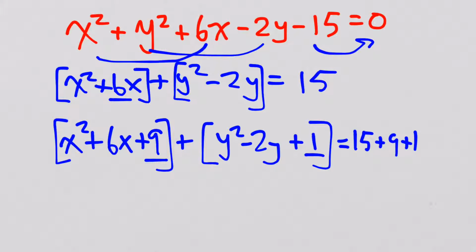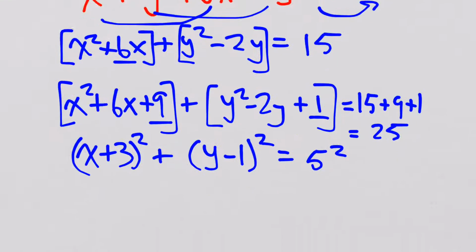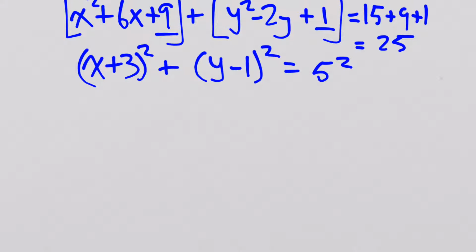And now I get my completed squares. On the left, x squared plus 6x plus 9 factors as x plus 3 squared, plus my completed y squared minus 2y plus 1 factors as y minus 1 squared, equals 15 plus 9 plus 1 is 25, which I will choose to write as 5 squared,